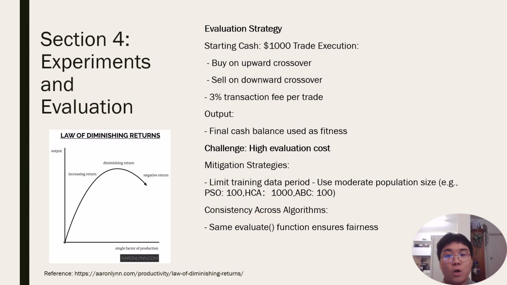This situation shows a law of diminishing returns in optimization. After a certain point, each additional evaluation offers minimal benefits, but adds significant time and cost to the process. So we decided to cap our experiments at reasonable values. For example, PSO with 100 particles. HCA is fast, with 1,000 iterations. ABC is slow, so with only 100 iterations. This allows us to strike a balance, completing experiments in a reasonable time frame while still having meaningful